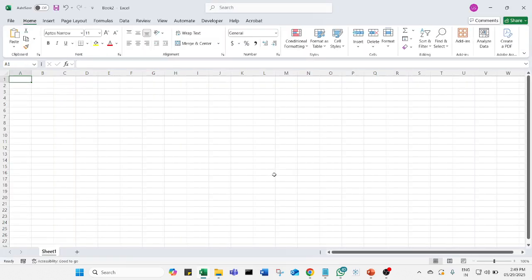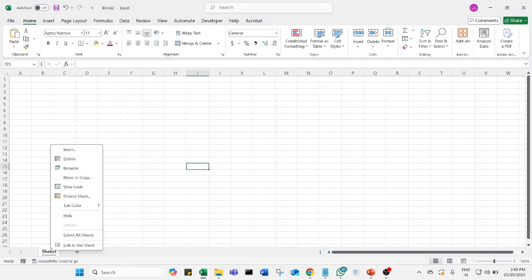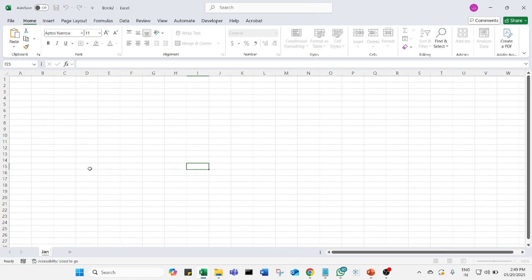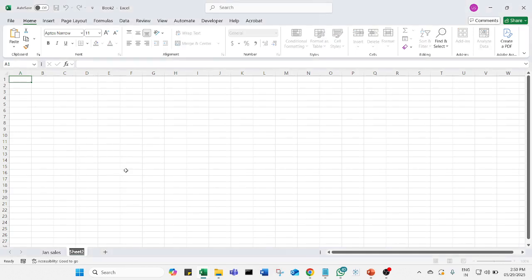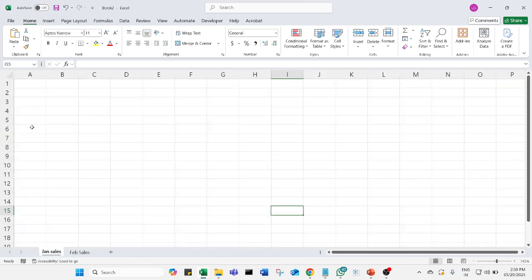Let's take a new workbook and start by renaming this sheet as January data, or you can say January sales. Then let's create one more sheet and call it February sales. Now go back to January sales and let's call this